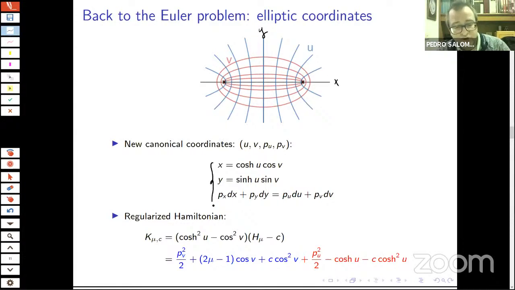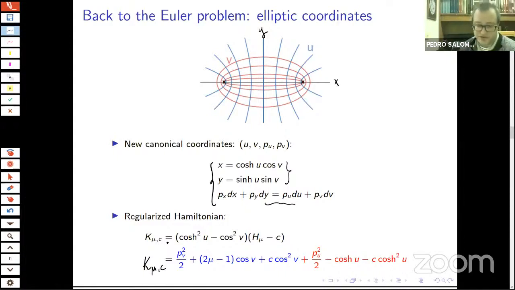there are suitable coordinates. Instead of considering x and y, we change to u and v, where the relation is given by these expressions here. They are called elliptic coordinates. And there is also a change of coordinates in the momenta given by this expression here. And this change of coordinates is symplectic, so it preserves the Hamiltonian form of the equations. And the new Hamiltonian system in these coordinates is given by this expression here. Okay, so this is the new Hamiltonian,